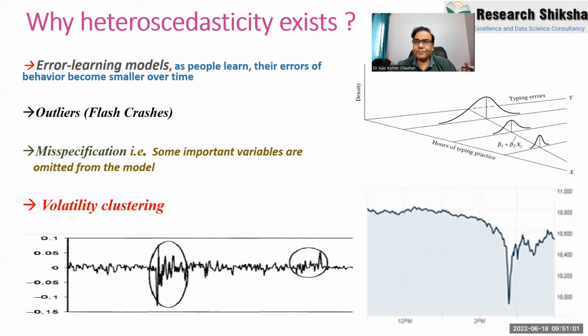Outliers. Outliers means extreme behavior. In the stock market, you can see a lot of flash crashes. Flash crash means the market suddenly crashes. Like last week, we have seen a flash crash. Suddenly the market opens and crashes. Even on Thursday, I saw a huge flash crash. So these crashes are known as flash crashes. Dekhte hi dekhte market gir gaya. So like a flash crash. Because of these flash crashes,